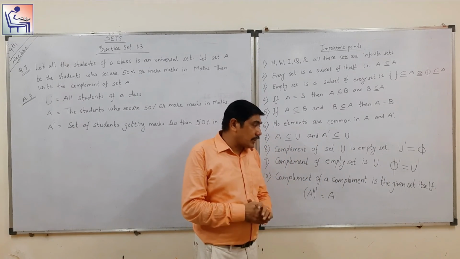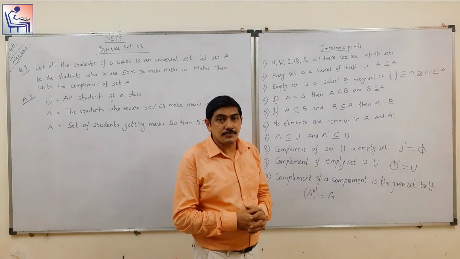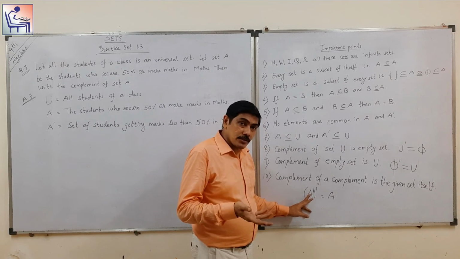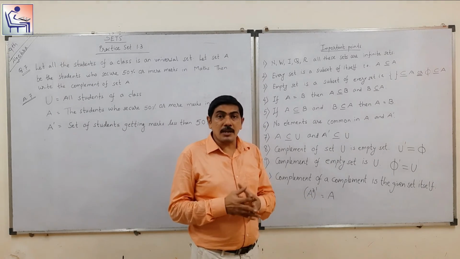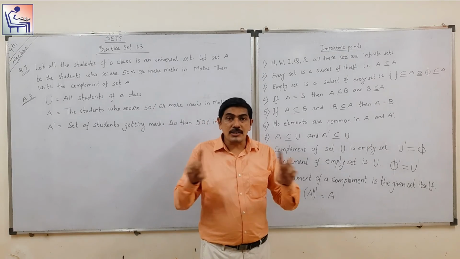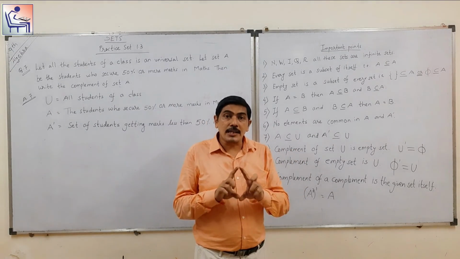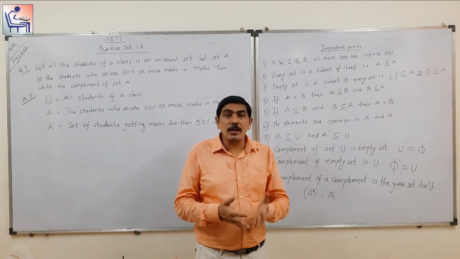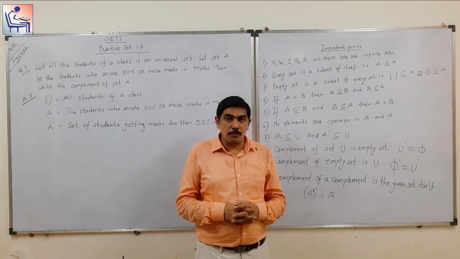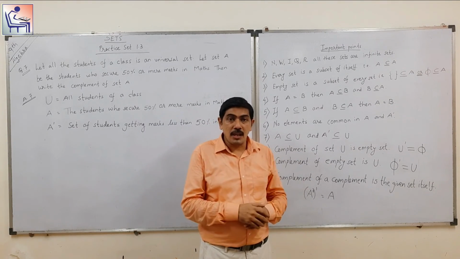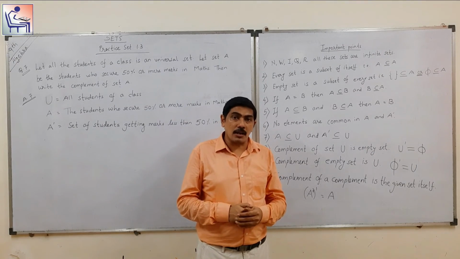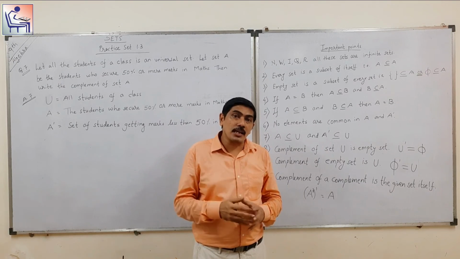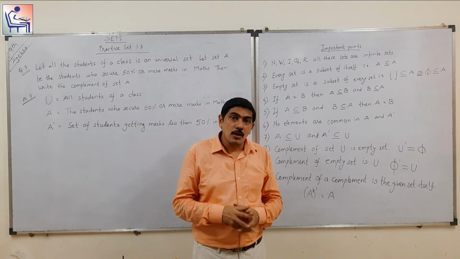Now complement of a complement is the given set itself. यहां पे आप समझ सकते हो कॉम्प्लीमेंट ऑफ ए कॉम्प्लीमेंट, जहां पे हमने एग्जांपल अभी लिया था कि यूनिवर्सल सेट में 1 to 10 नंबर्स है और सेट ए में सारे ऑड नंबर है, दैट इज 1 3 5 7 9। तो कॉम्प्लीमेंट ऑफ सेट ए में कौन से नंबर होंगे? सारे इवन नंबर, दैट इज 2 4 6 8 10। अब इसका हमें वापस कॉम्प्लीमेंट करना है, मतलब कॉम्प्लीमेंट ऑफ सेट ए का कॉम्प्लीमेंट करोगे तो वही नंबर्स आएंगे जो सेट ए में थे, एंड दैट इज 1 3 5 7 9।